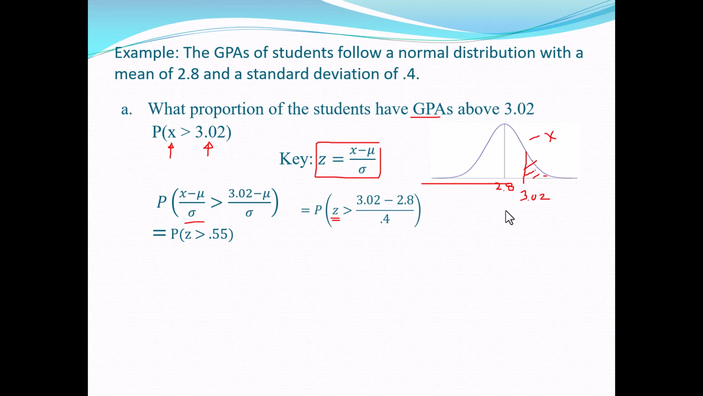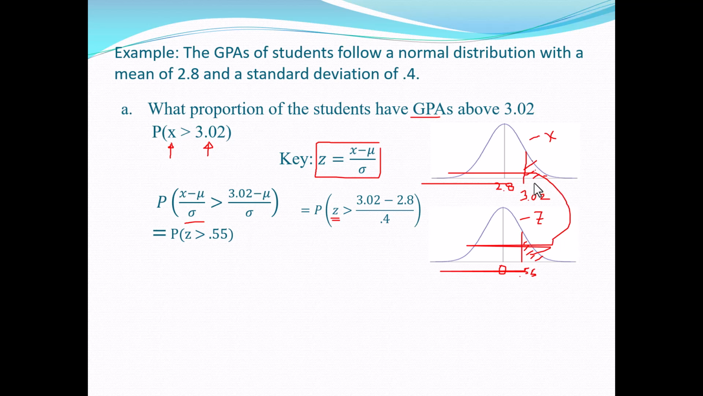What I know and what you need to understand is every normal curve has the same probability when you go 0.55 standard deviations above the mean. I don't care if you're working with the GPAs that have a mean of 2.8 and a standard deviation of 0.4, or if you're working with the standard normal distribution that has a mean of 0 and a standard deviation of 1. When I go 0.55 standard deviations above the mean, this is the z distribution here, these two probabilities,